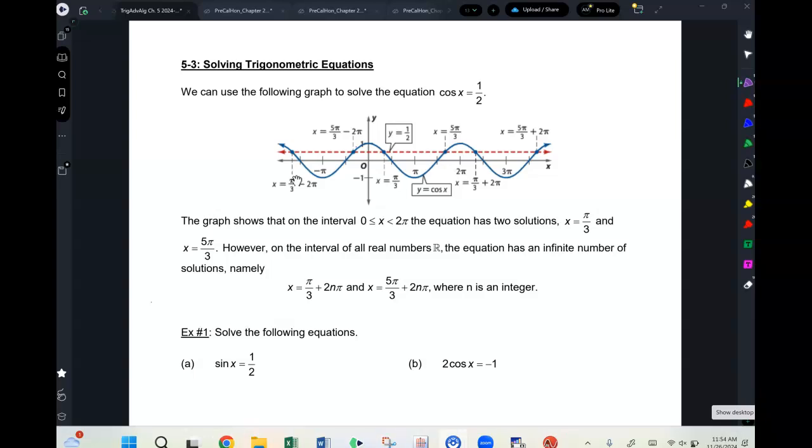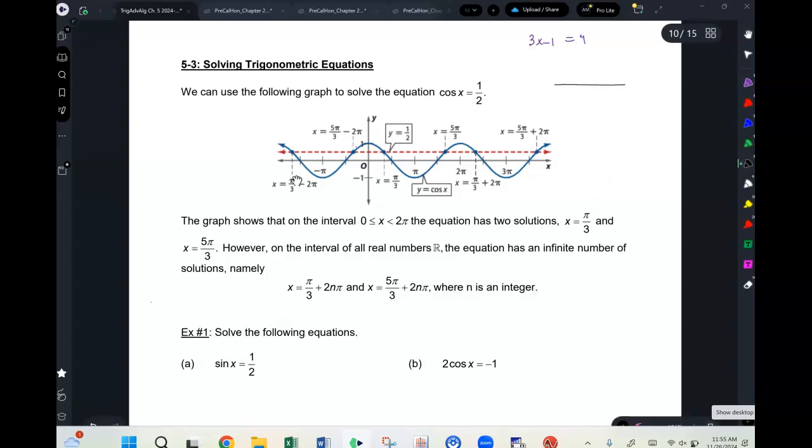Okay, so in section 3, we're going to learn how to solve trigonometric equations. So what does it mean to solve an equation? If I have, for example, 3x minus 6 is equal to 0, or I'm sorry, if I have 3x minus 1 is equal to 4,